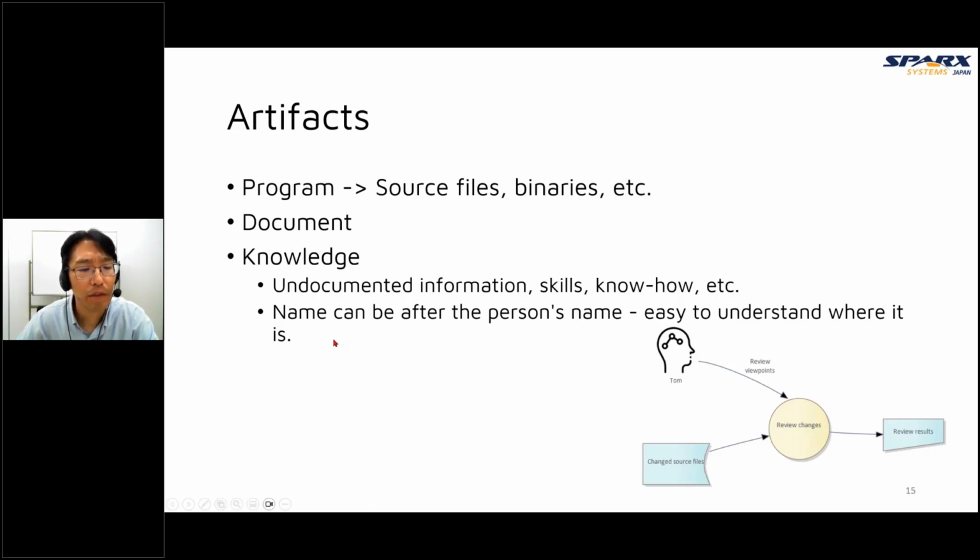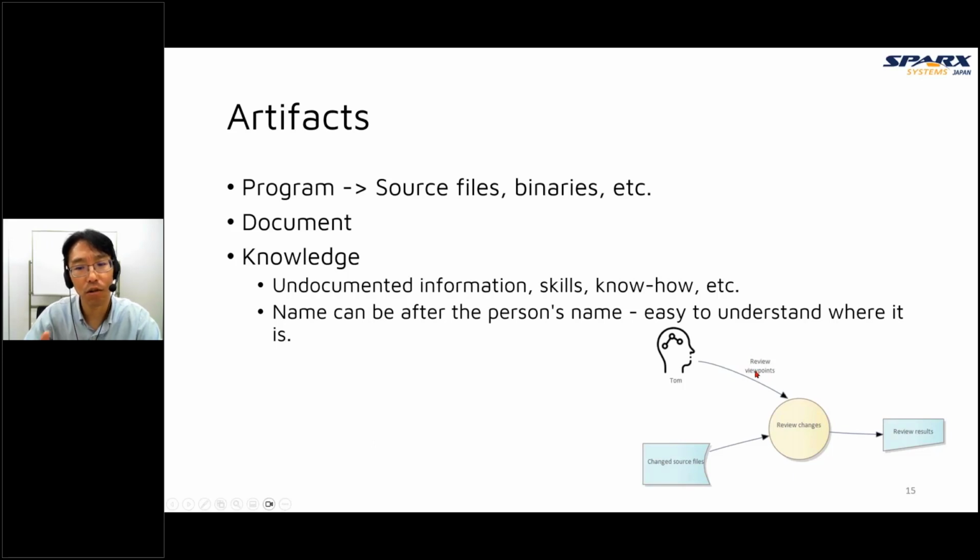And we can name people's names, for example. In this case, this review change process requires 2 pieces of information. One is review viewpoints, and the other is changed source files, to create the review result document. But the review viewpoints information is only in Tom's head, so only Tom understands it.